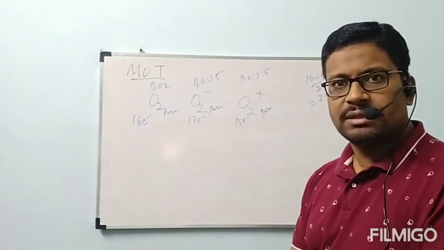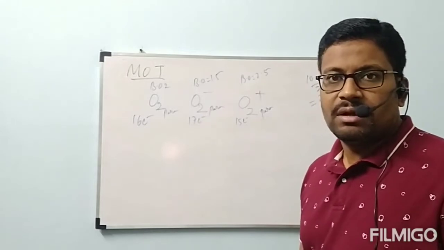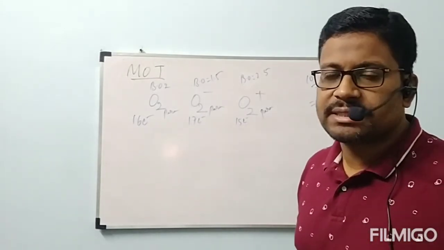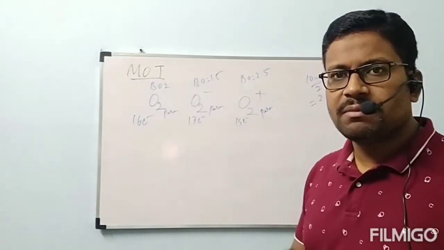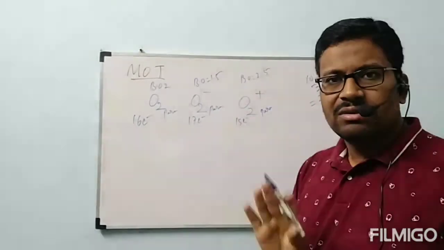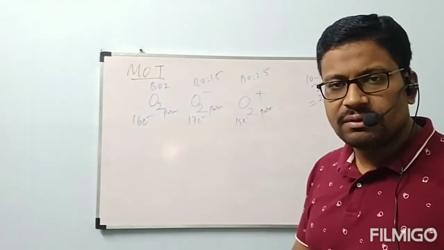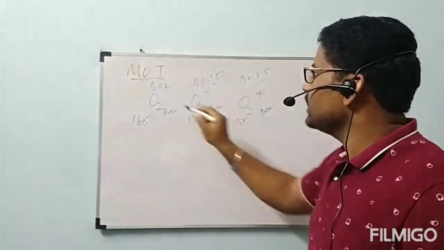Increasing order of their bond length. Then it is possible easily by seeing the bond order. When bond order is increased, number of bonds also increases. Bond order represents number of bonds present between the molecule. So how is it possible with 1.5 and 2.5? Don't bother about that. Keep 1.5, 2.5 as it is. Remember the value 1.5, this is 2.5 and this is 2.